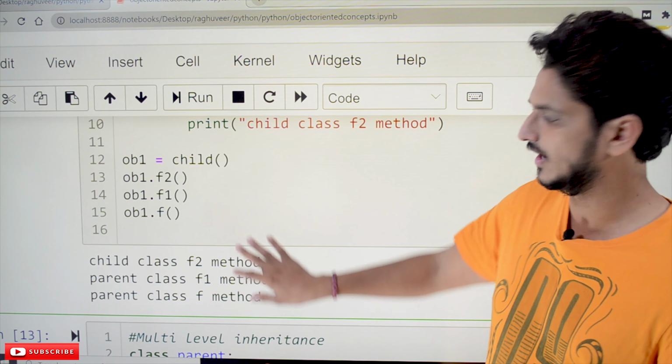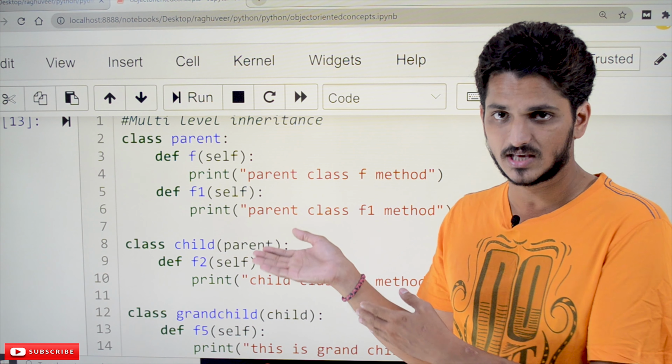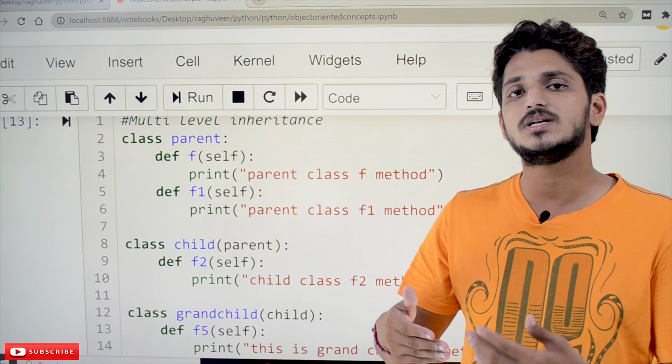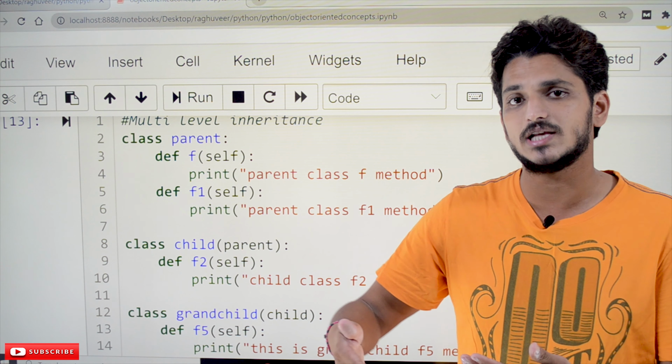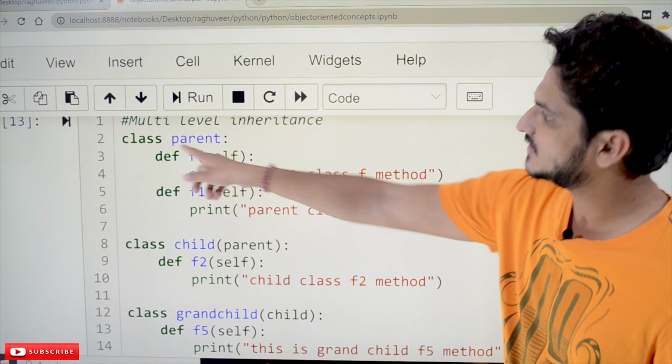Now we go to the concept of multi-level inheritance. We have taken only one level in our previous example. Multi-level means more than one level. We call it multi-level inheritance. Let's take an example, class parent. In this we have two methods, and class child is inheriting the parent class. So this is one level.